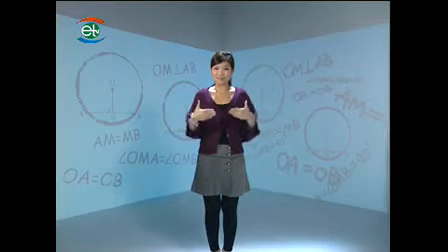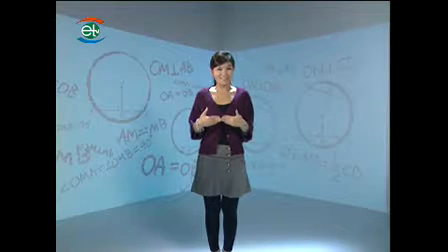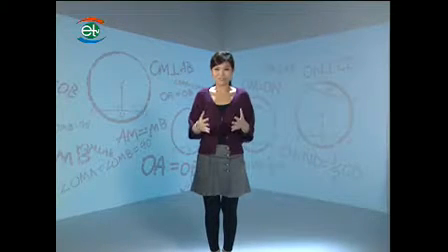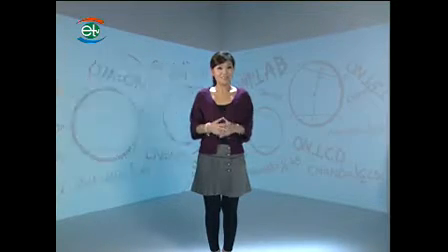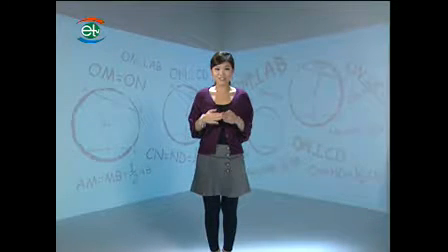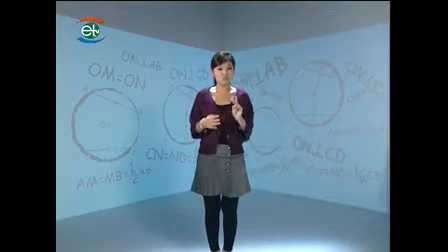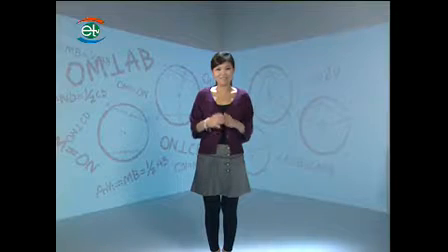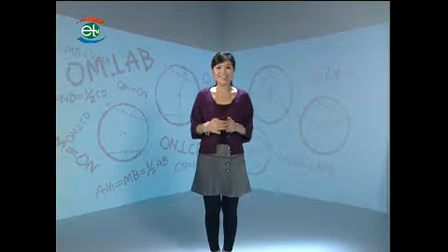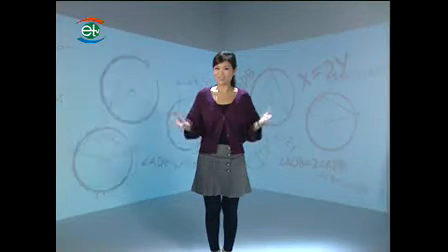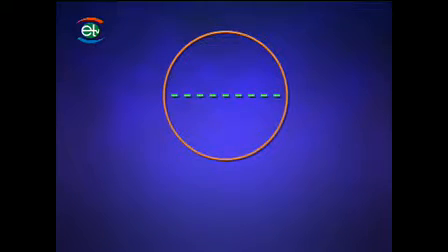If the two radii link up to become a diameter, then the angle at the center is a straight angle. Now, according to the theorem that the angle at the center subtended by an arc is twice the angle at the circumference subtended by the same arc, then the angle at the circumference is a right angle. If AB is a diameter,